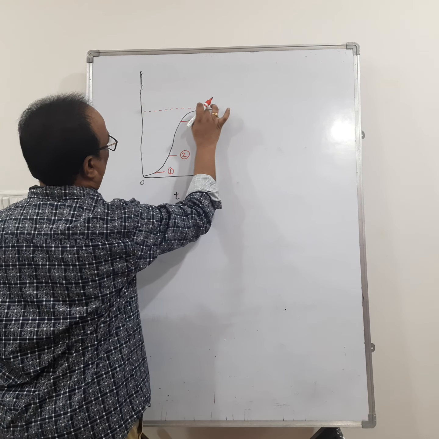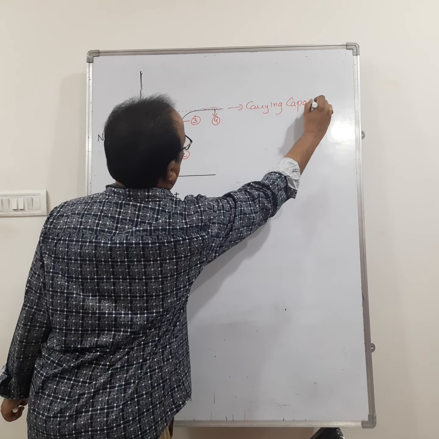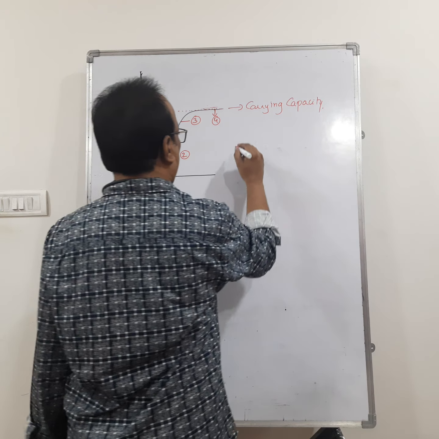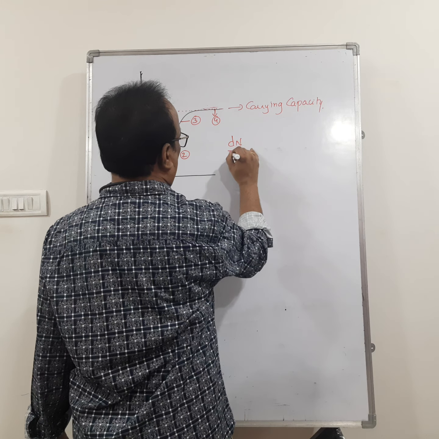This one is the carrying capacity. Okay, so it is denoted by the population growth side in the, this one is denoted by